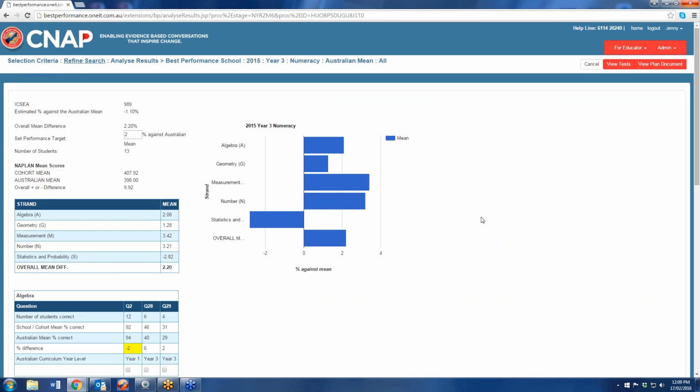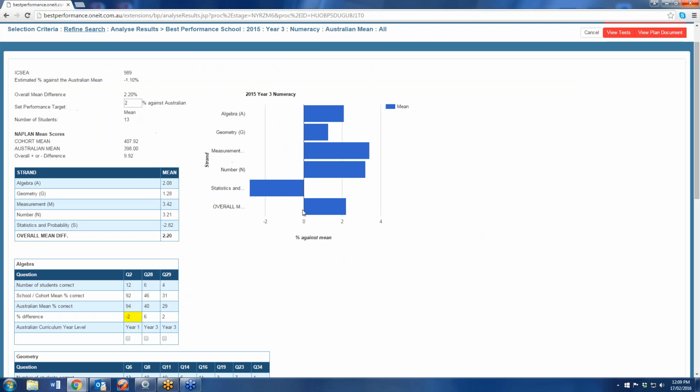Remember, this is a year 3 cohort. If you're ever in doubt, please go to the top. The top where I'm hovering the mouse shows you exactly where you're at. They're year 3s, and this was numeracy for 2015. So please remember, this data was collated in May of 2015, so it's coming up to being 12 months old now. So what we see straight away is that our ICSEA would suggest that our performance expectation is around 1% below the national mean. This group of children sit at around 2% below the national mean. Sorry, 2% above, my mistake.